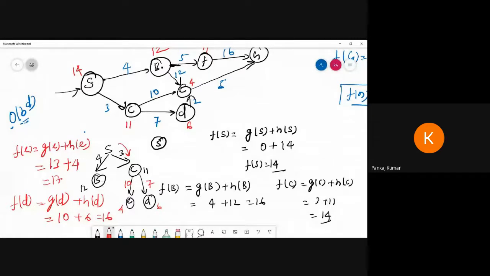So that means in a closed state, suppose someone asks you in the middle of that stage which nodes we are going to close. S will be closed and C will be closed. B will be open and E will be open. Understand? Suppose someone asks which states are open and which are closed so far: we explored S so it is closed, we explored C so it is also closed, but B, E and D are still in open state, which means we can explore them.